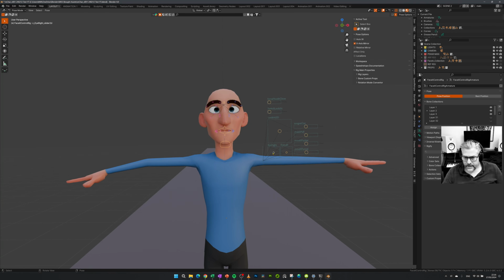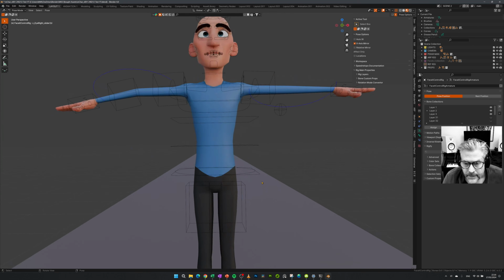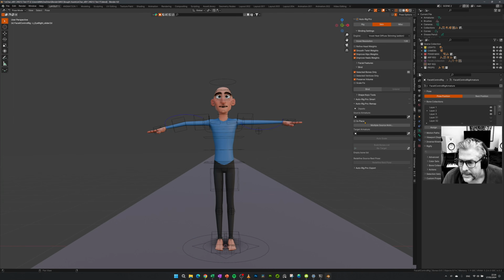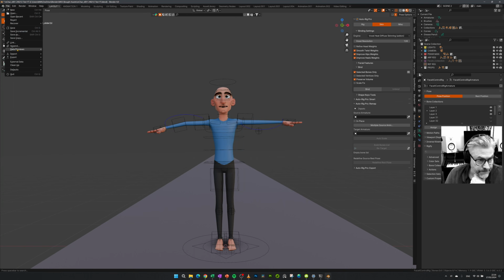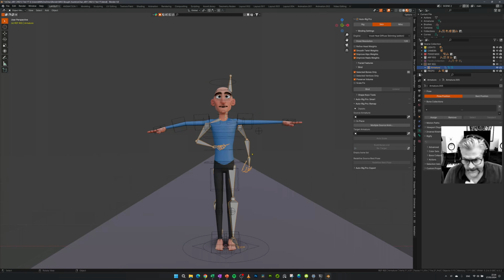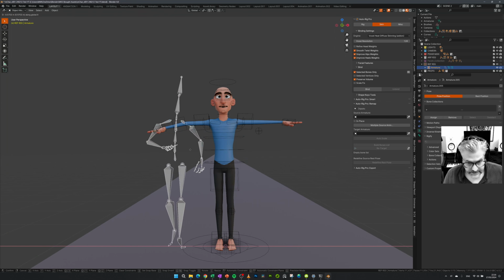So for now we disable the FaceIt rig from the viewport, and we go into the ARP rig. First of all, we need to go into ARP, and here you can see that we have a tool called remap, and that one needs a source armature, and we need to do an import of the Mixamo happy walk cycle. Now that is done, I put it aside a bit,